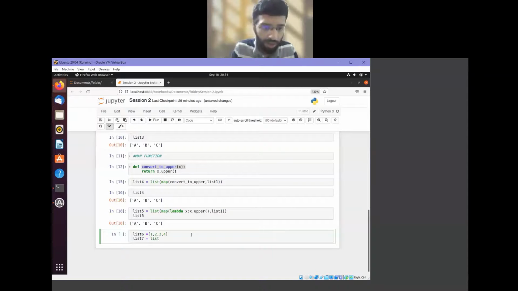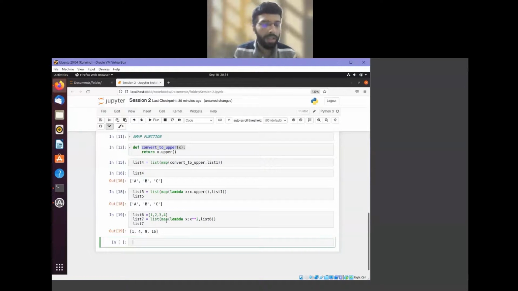So basically we will use a lambda function, same format. I am having one variable, and I want the square of each variable. Then what is the input parameter? Again the same list 6. Then if I print list 7, I get the square of each of the elements. This is the same as the earlier case, just that instead of strings I am operating on an integer list. Now suppose I want to do something more complex with two variables.